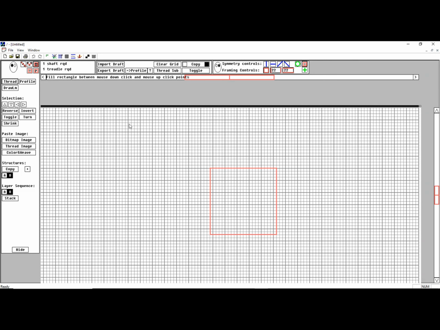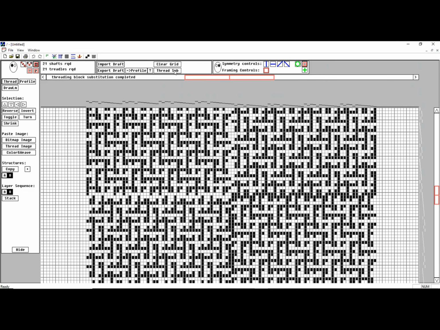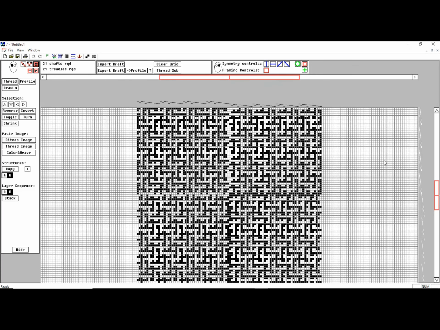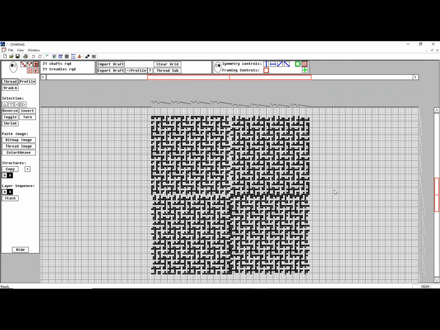And what I actually want to do is now I want to create the profile for my curtains. So I'm just going to do a simple checkerboard. So in that checkerboard, one part of the checker is going to be one diagonal on the twill, the other diagonal on the surface, the opposite on the back, with a black middle when I'm done. So I've now got those 3. I've got the structures I want to substitute. So when I hit the thread sub, it's going to go through,